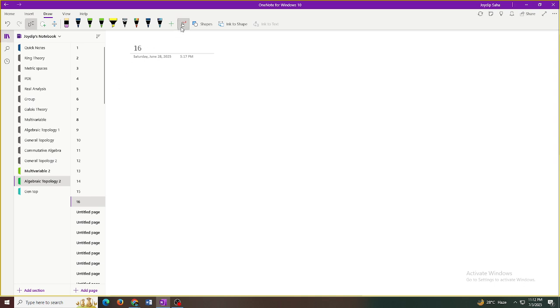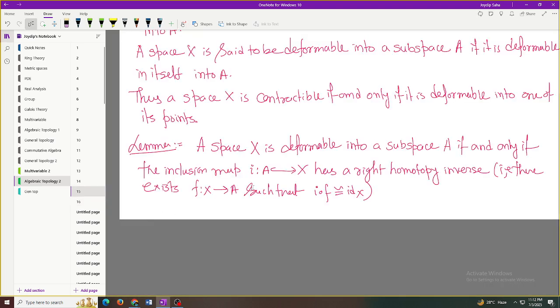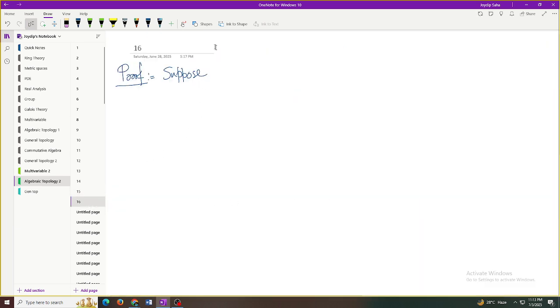Proof. So what you have to prove is that X is deformable into a subspace A if and only if the inclusion map has the right homotopy inverse. You have to prove this. Suppose X is deformable into a subspace